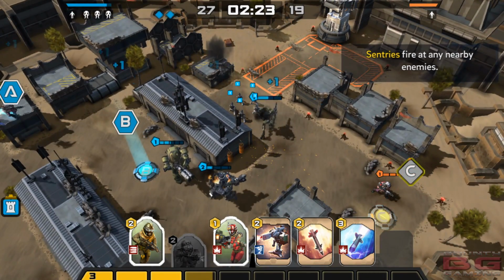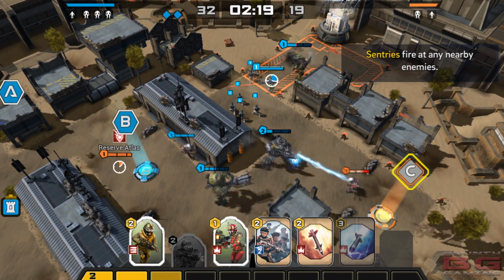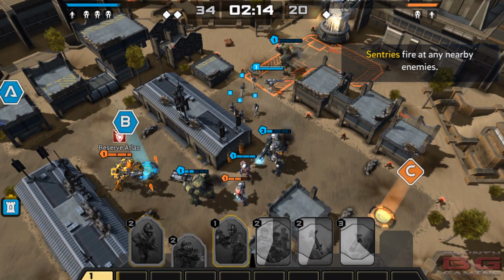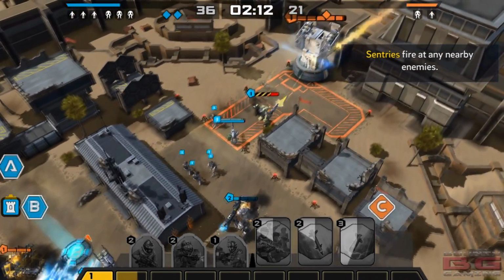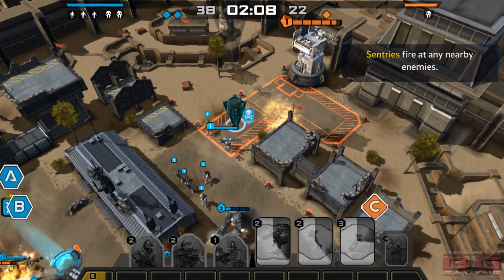So I feel as though for the first couple of missions, or the start of the game at least, it's just going to be a bit of mindless dropping units down, you know, dropping them on A, B, or C, and then heading towards the final turret. There's not going to be too much strategy involved, but where I see this game really developing and going well